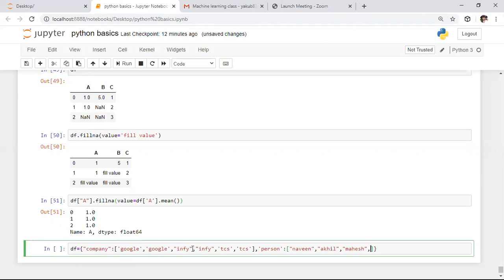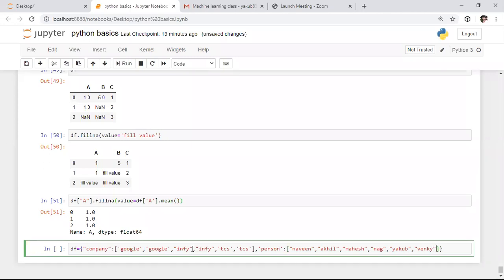At one more place, I'm giving the name Nag. Till now we wrote for 4 members. After this, I am writing one more name, Jacob, and then Venkatesh, Venki. So I'm giving some random names for each and every company.